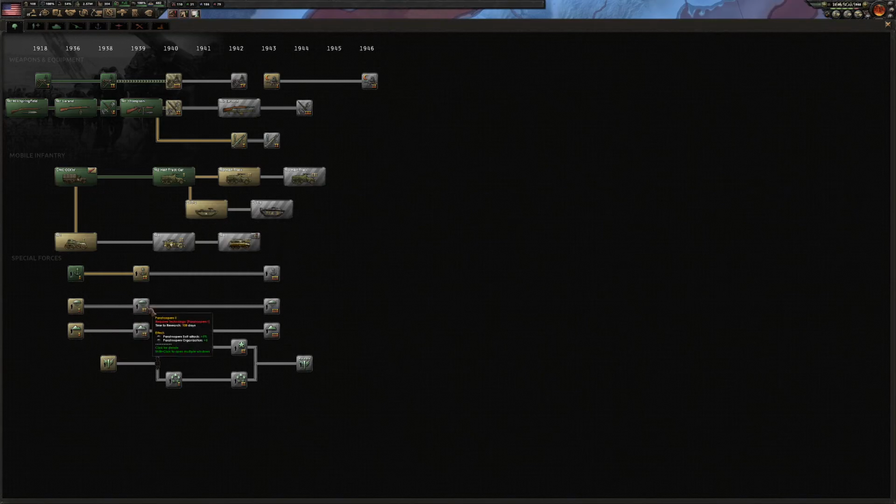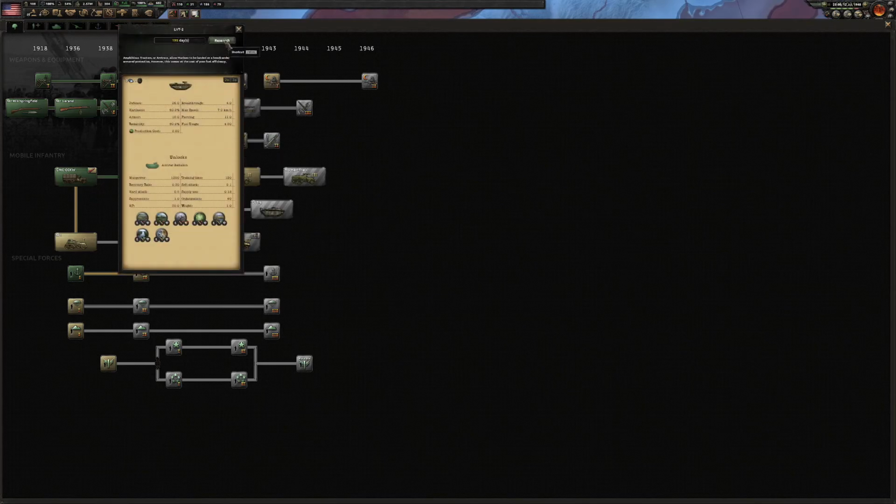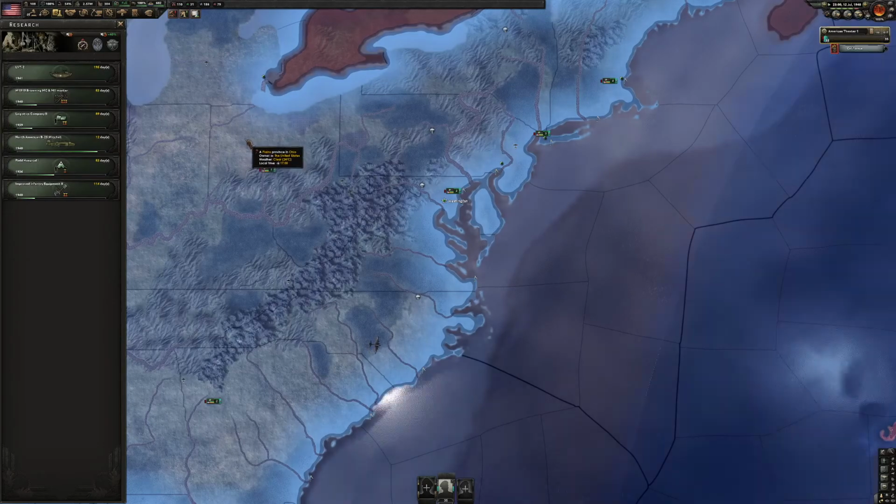I'm also tempted for paratroopers, but the biggest problem with having a whole bunch of division templates is it's more historical, it's fun, but it just kills your army experience, and you need army experience to get your doctrines. Especially as USA, you just come in with like no doctrines, which is historical, so we're gonna do that, but it's a little bit more than a pain in the butt. So,